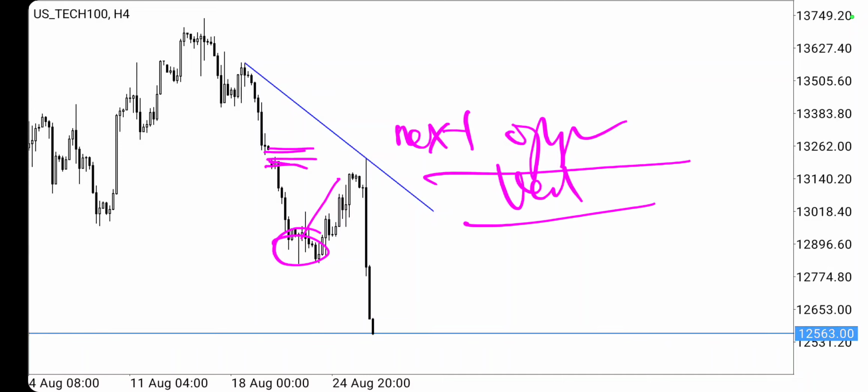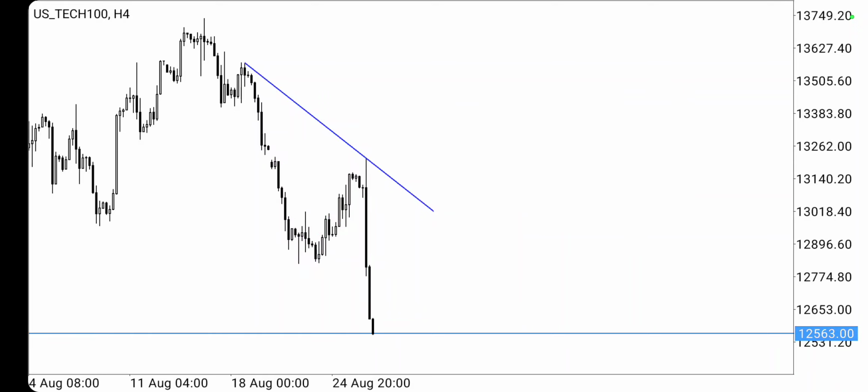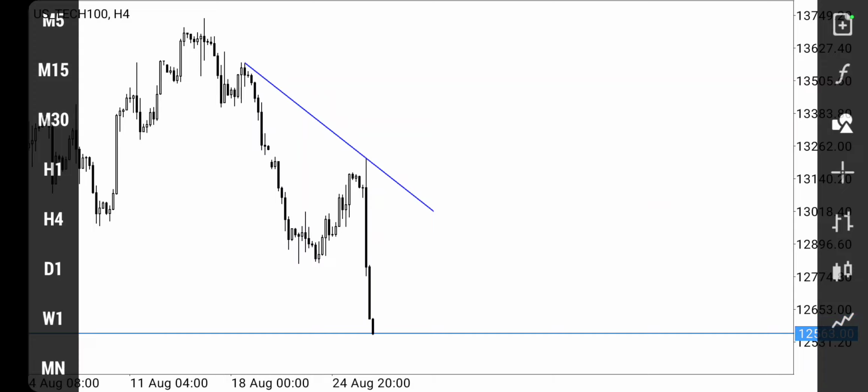Why? Because daily is to the downside, H4 is also to the downside. We are trying to take a buy and maybe catch a pullback from a daily zone, and with confirmation. There you could have exited. Then I don't know if you'll have reasons to sell. If you did, good for you, but I wouldn't have had that. So you can see now it went all the way down,